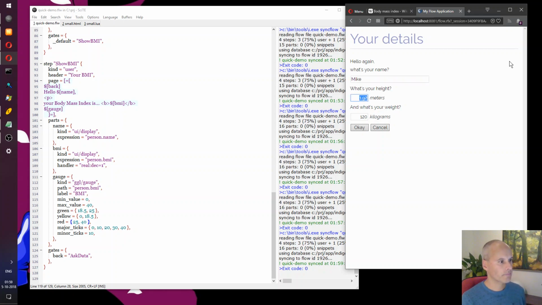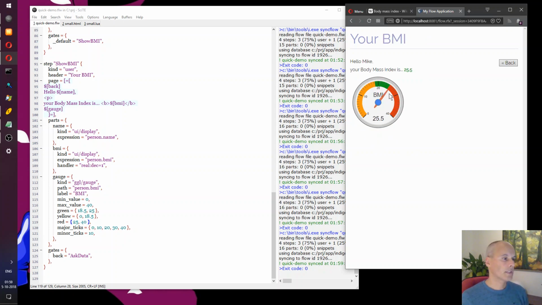Again, you can do pretty much anything you like. Oh, if I do ABC here, it'll moan about this. And if I do 90 here, it comes up with the value, and the gauge helps you interpret this value.